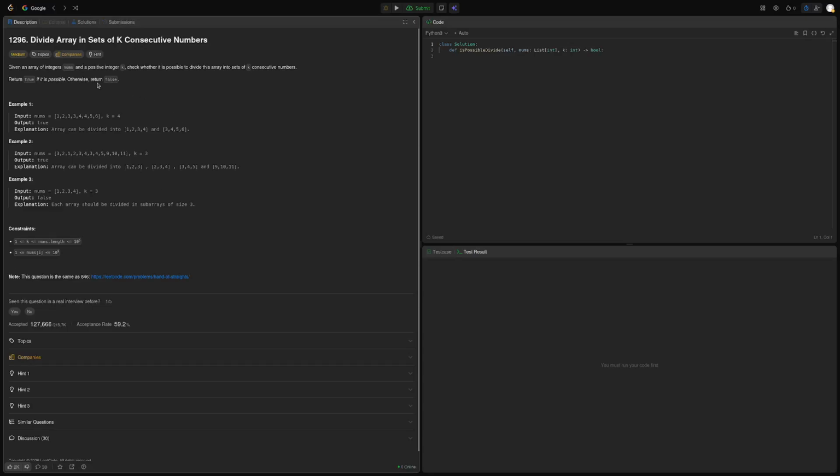Okay, today we are doing problem 1296, divide array in sets of k consecutive numbers. So we got some array and a positive integer k, and we want to divide it into sets of k consecutive numbers. So first of all, k should divide the size of the array, and next, we can simply go